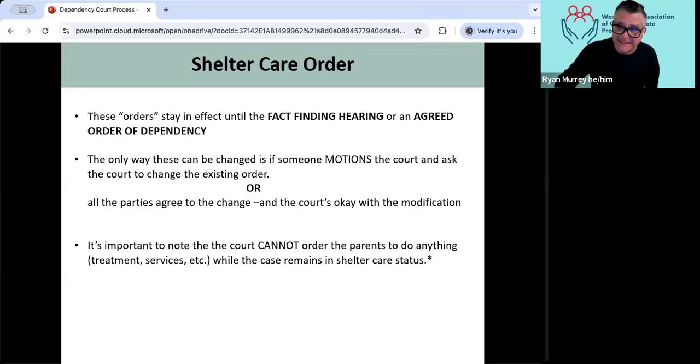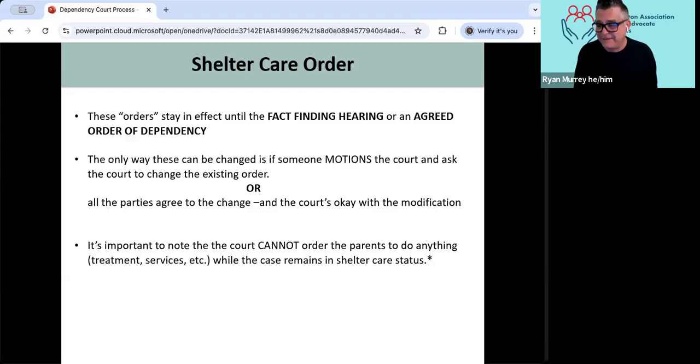One of the things that has been increasingly happening is, so there's a reason why there's an asterisk here. If the court says, all right, parent, kid can go home with you today, but here's what needs to happen. Here's what you're going to do.